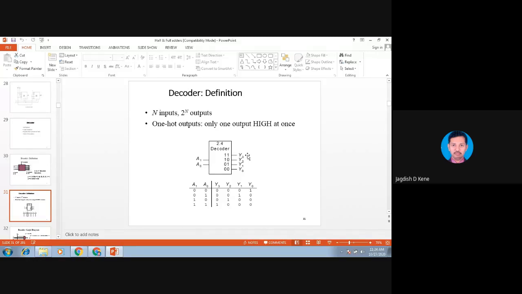But in this case, what is happening? We have control signals. Input is common to all and the outputs will be connected to different devices, and that will be active high at a particular clock signal. So the status of the clock signal will be defined by A0 and A1. That is shown here: 0 0, 0 1, 1 0, 1 1. According to that, when it is 0 0, Y0 is active high, when it is 0 1, Y1 is active, and likewise it will be continuously operating. So this is for the 2 to 4 decoder.